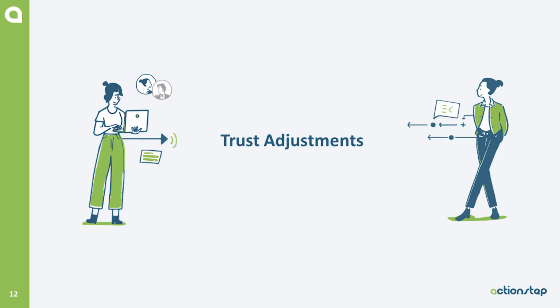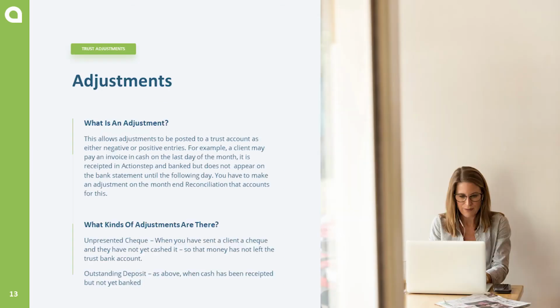We're now going to look at adjustments and how they relate to a trust reconciliation. So what is an adjustment? An adjustment is a transaction that can be posted to the trust account to show either a negative or a positive entry. So for example, a client may come into the office and they pay an invoice with cash and it's the last day of the month. So we receipt that cash into Action Step, but it's not banked and doesn't appear on the bank statement until